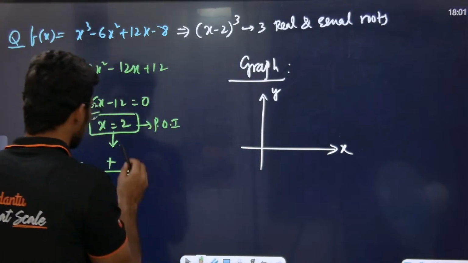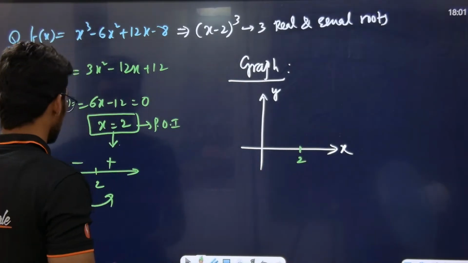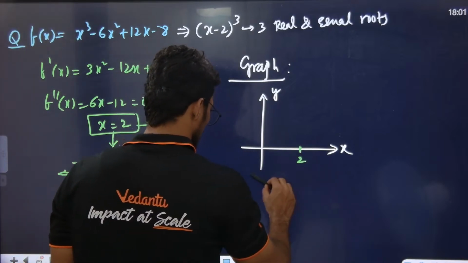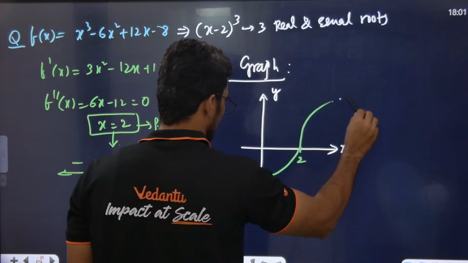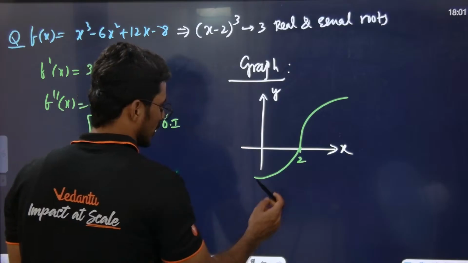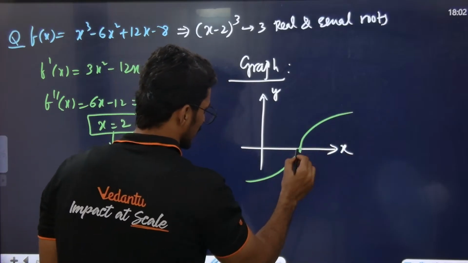The point of inflection is coming near 2. Near 2 the point of inflection is coming. Are you getting the point? Before 2 the graph comes down a little, decreasing, and then goes up like this. Are you getting the point or not? Tell me. Is that clear or not? The graph will be somewhere like this. Okay. At 2,